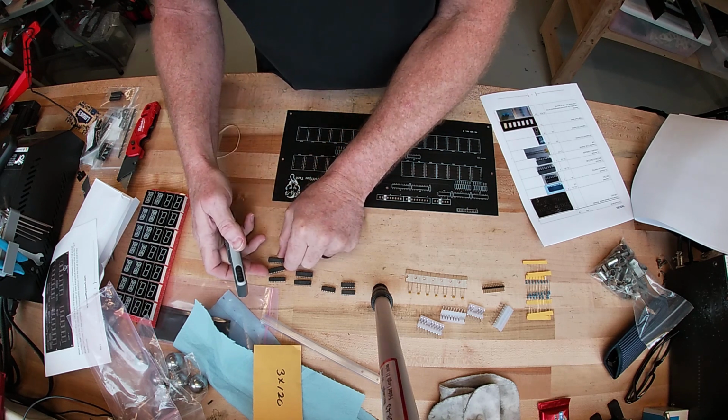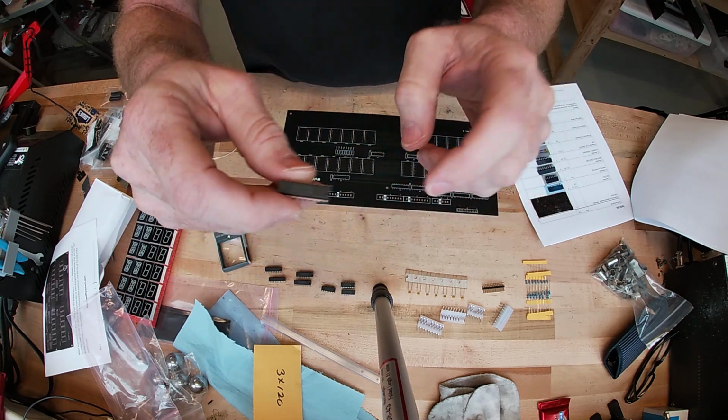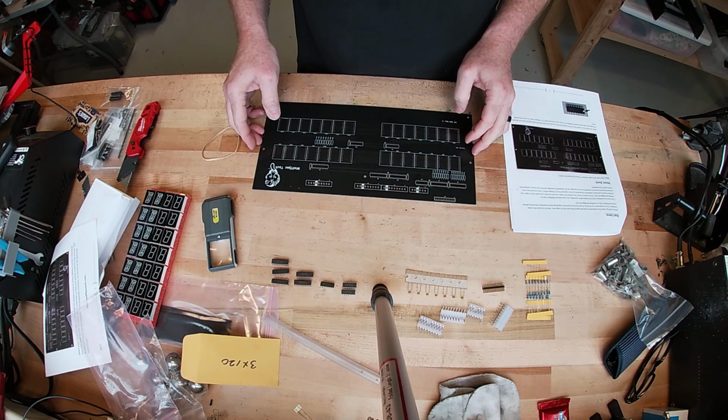Alright, so I separated my chips out. One thing you want to remember on the chips is they have a little notch on one side, and the board has that notch on one side, so that's how you know which way you put the chip. Alright, we're going to start with the 74 HCT32,